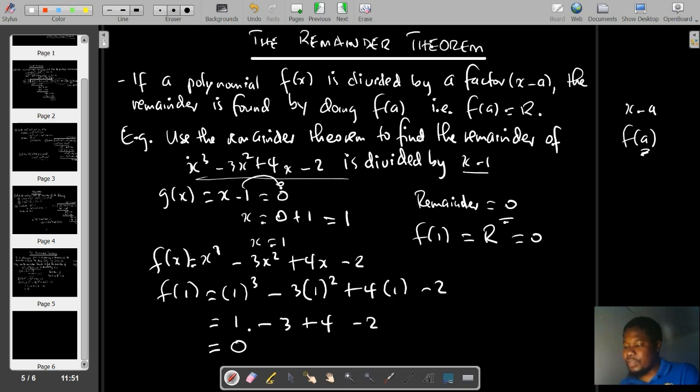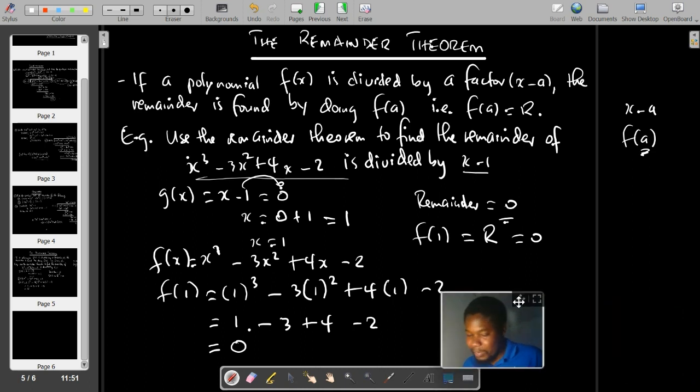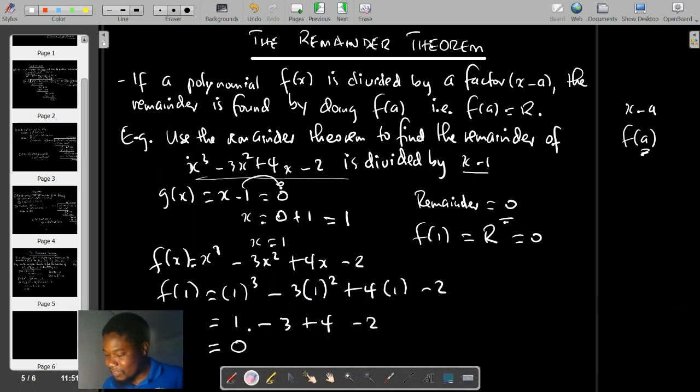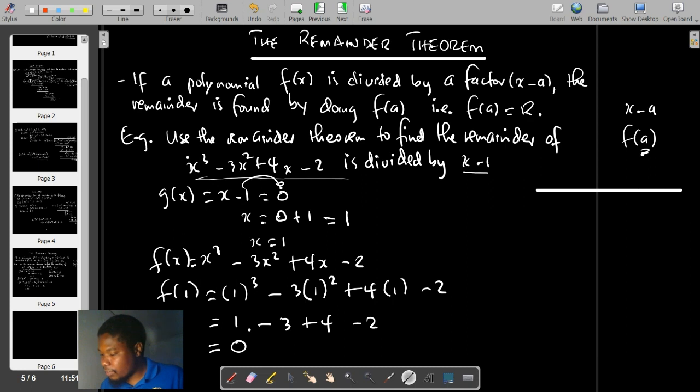If you use long division, you would find the same thing. Some of you may be like, I don't believe you. That's what I'm going to prove right now. Okay, let's try to prove it. So let's look at it from the long division standpoint. We're going to write our division symbol like that. Then we'll put our x minus 1 there